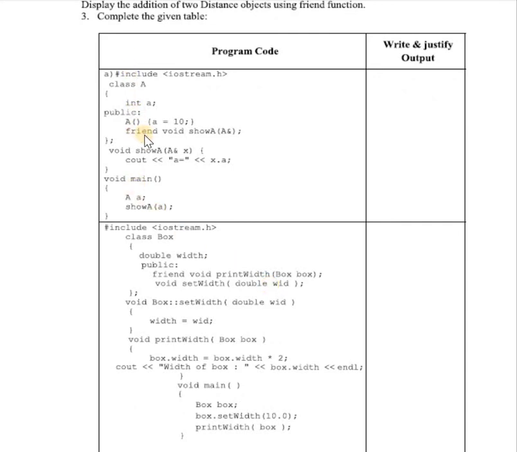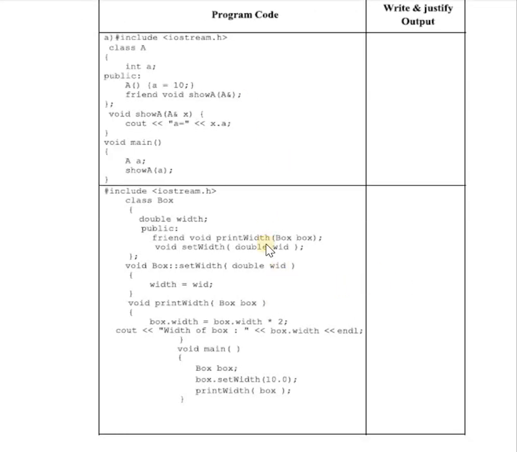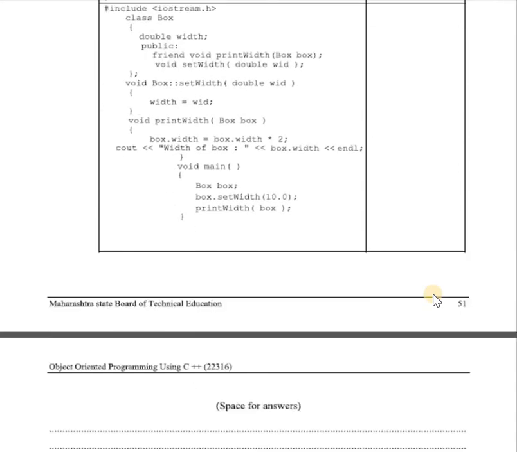Solve them and you will get the output: in the first program, a is equal to 10 is displayed, and in the second, width of box is 20 will be displayed. This is your practical number 8.